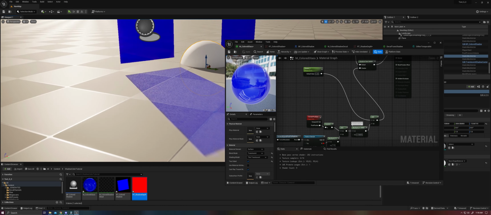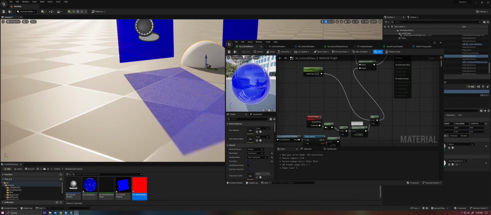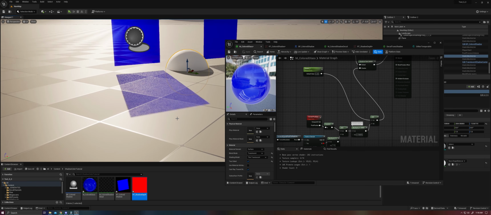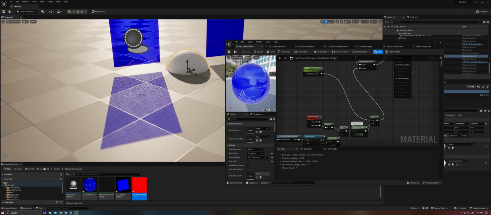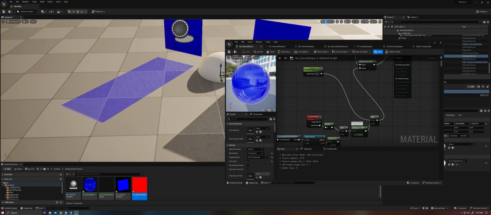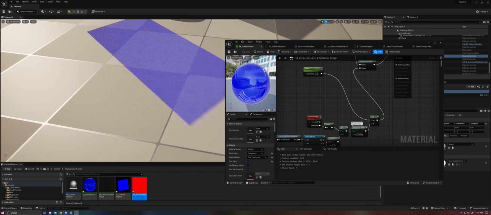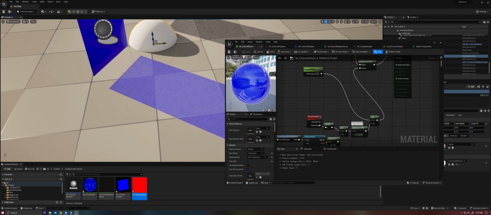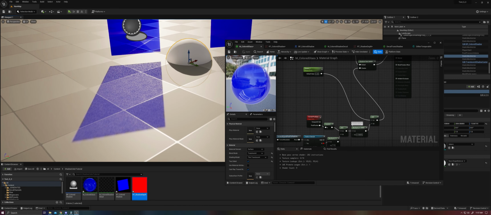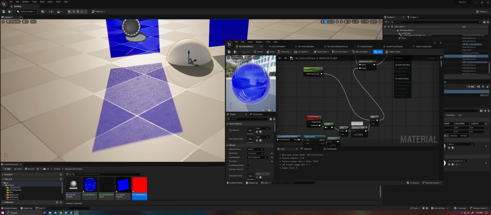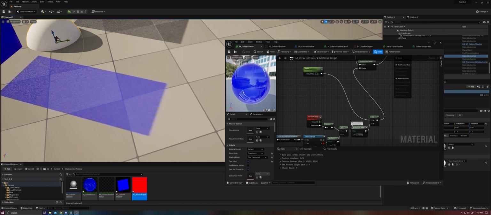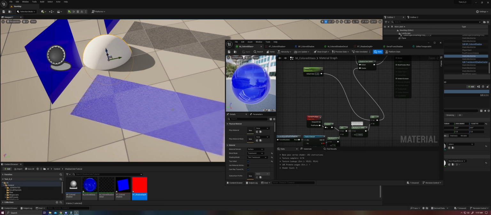Now we are getting basically this noise applied as a mask in the shadow pass. And rather than getting a fully opaque shadow, we're getting a stochastically noisy shadow, and that allows us